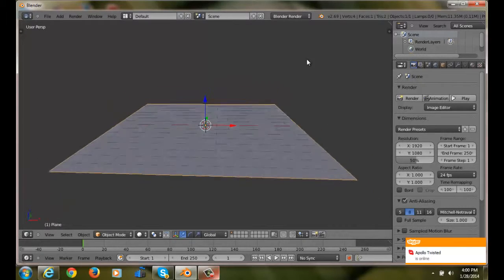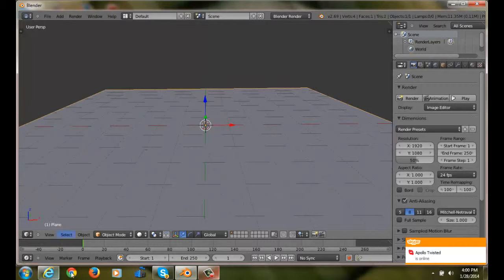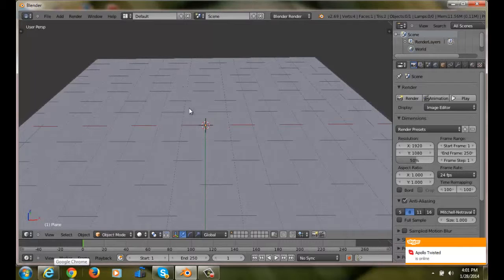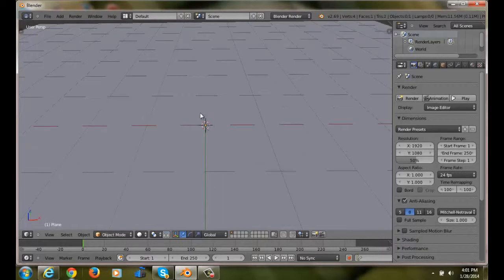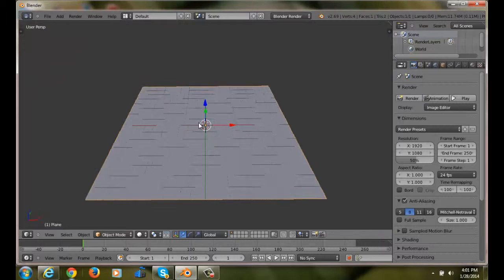Alright. So we're gonna deselect so we don't have that anymore. Cursor's gonna be in the middle. If your cursor's not in the middle, press Select and C. So this is the cursor, and then I'm gonna press Select and C, and it'll be in the